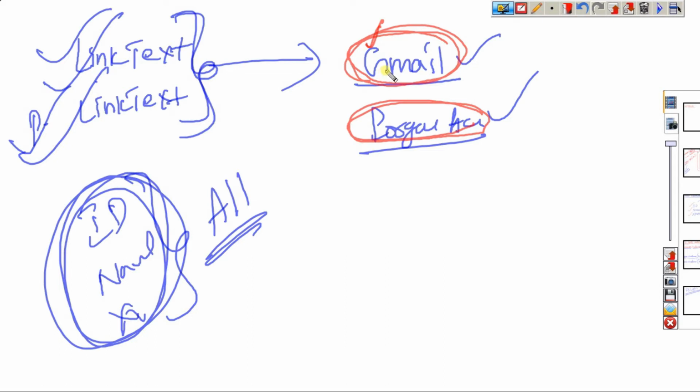So this is the way we can go for link text, for example with Gmail. It is used especially for identifying links with the help of the link's visible text.